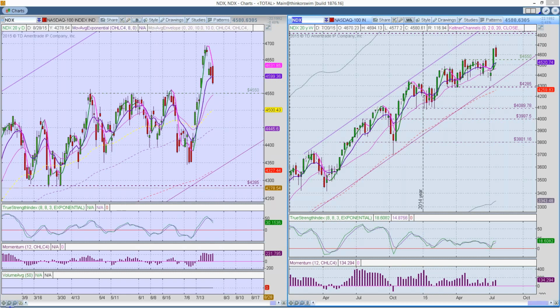But back here, taking a look at the NASDAQ real quick, we have the true strength turning over. Momentum is still hanging up, but if we get some more downside here, this will also begin to turn over. We got a little bit of a pop up and then a roll over from here. Don't be surprised with the volatility that is in fact coming into the market as we speak. We'll switch really quick over to the VIX, and then go on to the Russell.